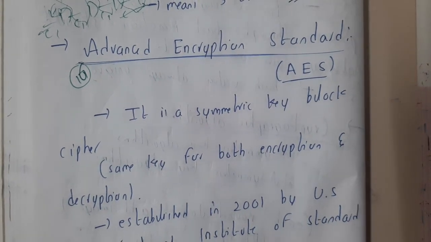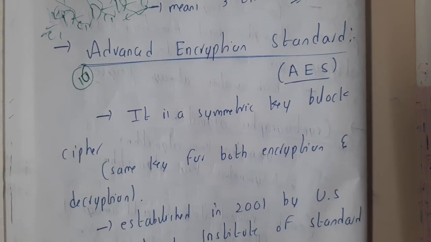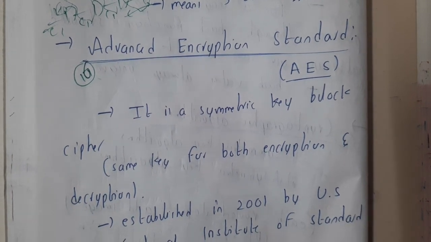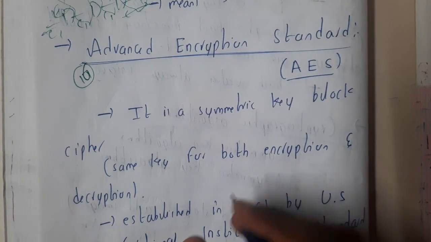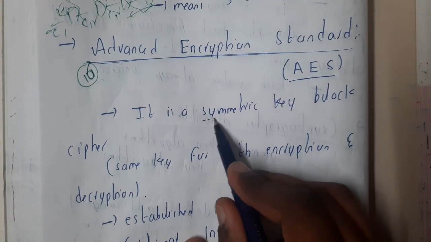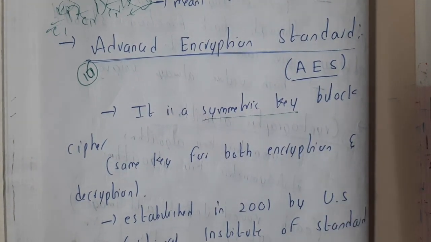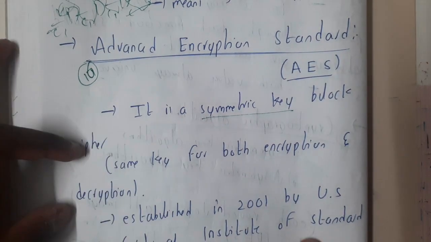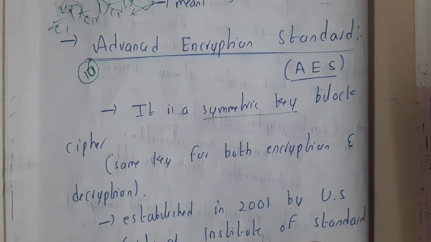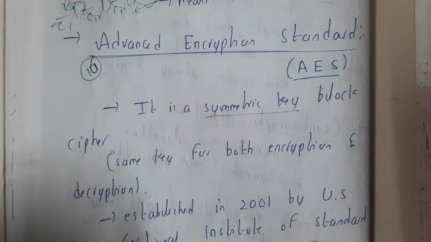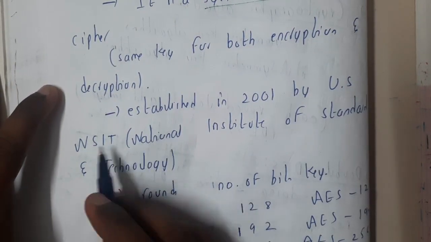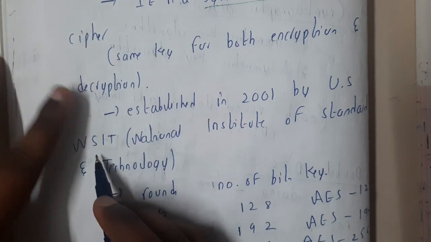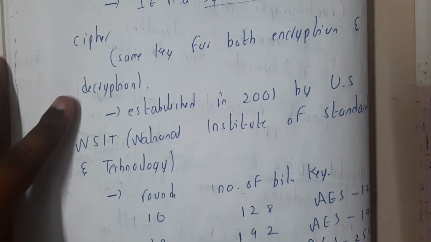In this lecture, let us go through the concept of Advanced Encryption Standard, that is nothing but AES. So this also comes under the symmetric key only, guys. Symmetric key is nothing but here you will be using the same key for encryption as well as decryption. This is also given by NIST only, that is nothing but National Institute of Standards and Technology,